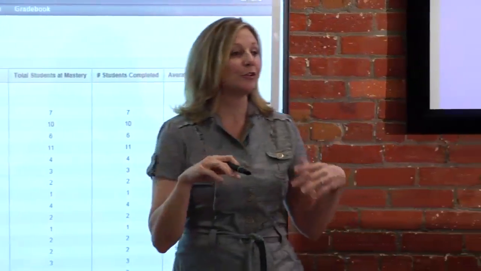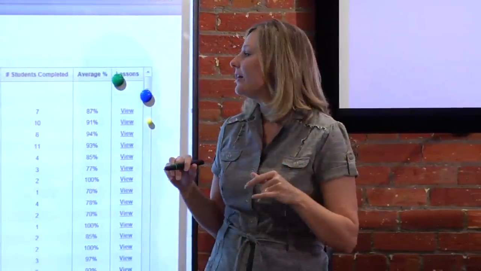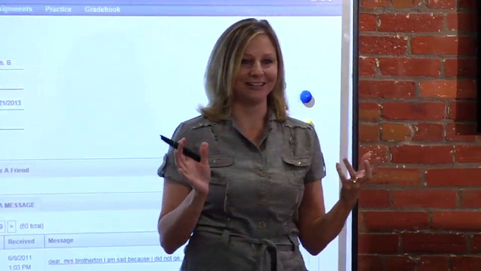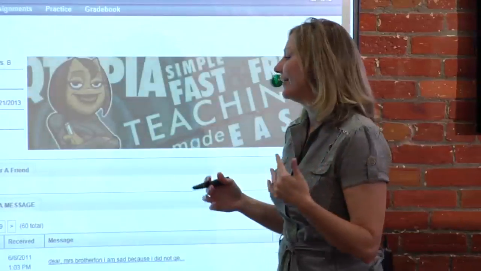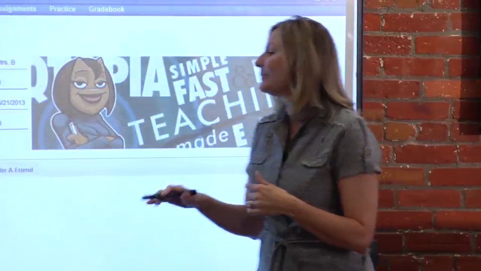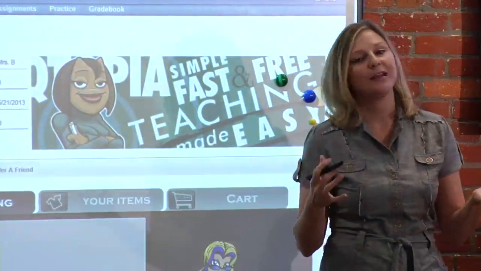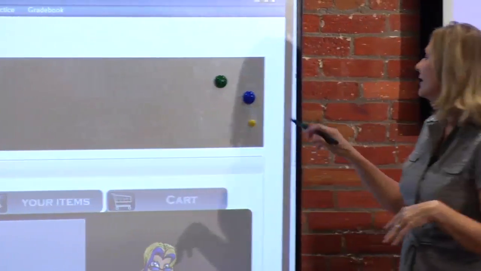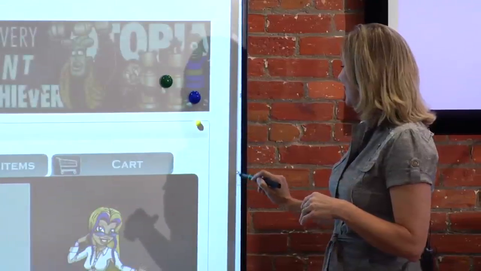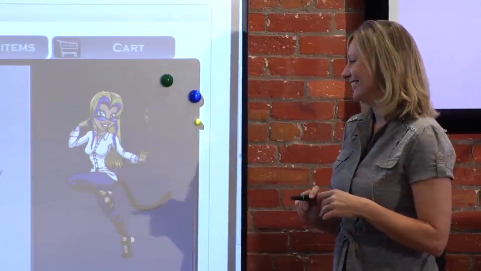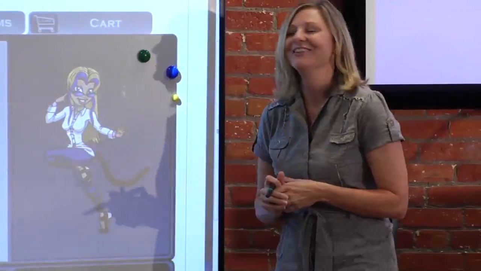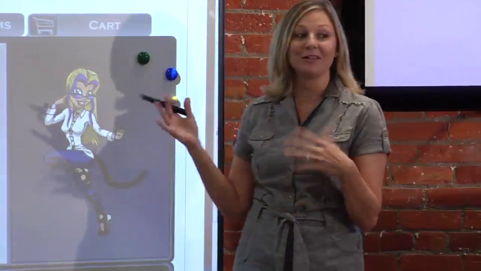When they do well, there's a ton of problems there. I'm not going to do them all. When they do really well, they get to go build an avatar. Who knows what an avatar is? You guys are gamers. Okay. So this is my avatar. When I first got it in my classroom, I let the kids help me choose my avatar. Let me tell you, she was a lot sexier than this. And I said, teachers just don't dress that way. Because she had some shorts on. I said, no. And the boots. But this is what we came up with for Miss Brotherton.